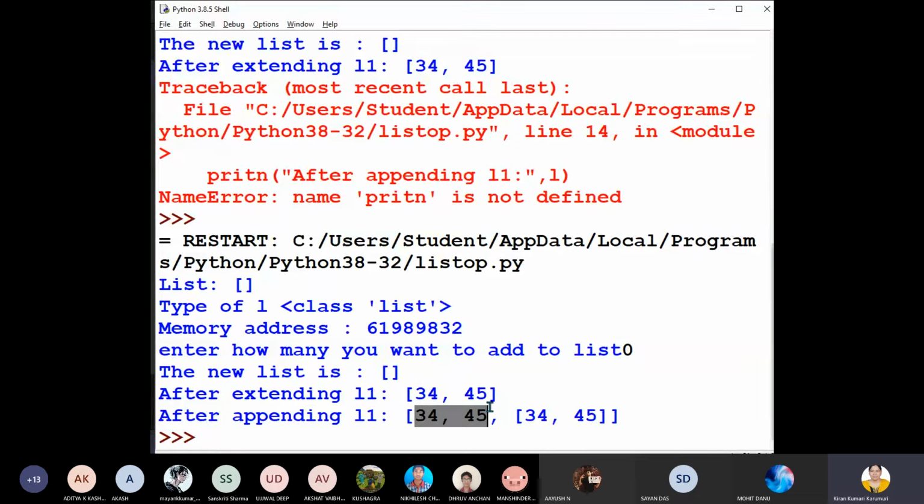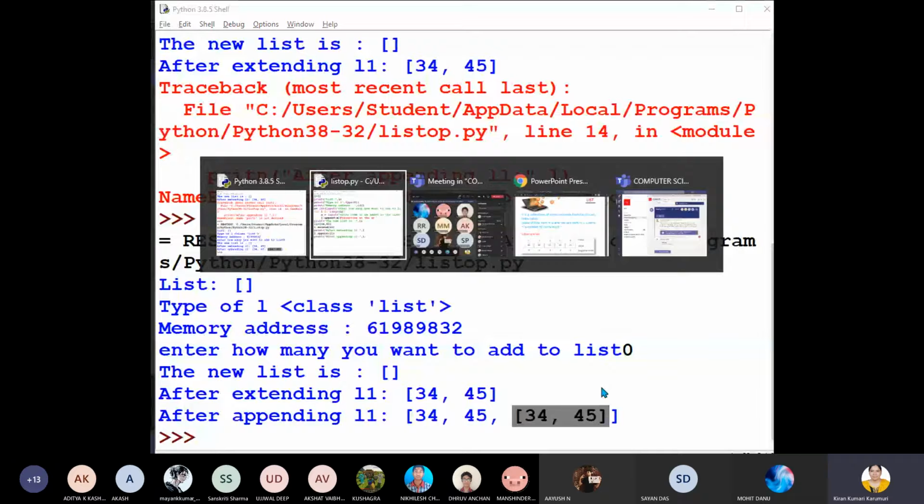After appending, okay, children, now L is 34, 45. Now I have appended another list. What happened? That entire list has become a single item in the list. Are you following, children?